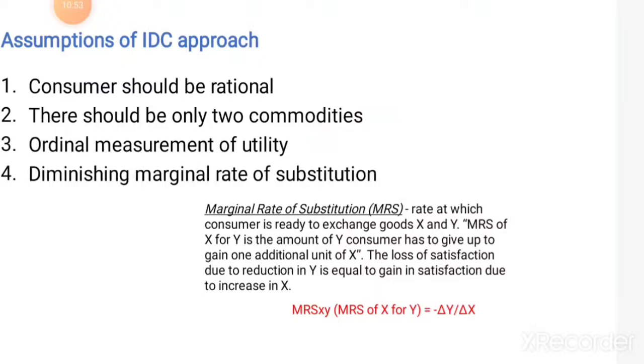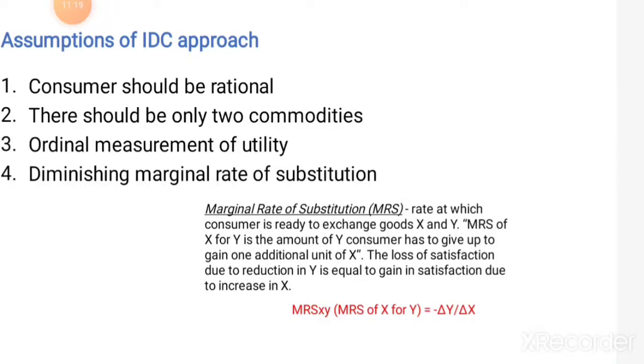We are just telling that the 2 friends are exchanging the commodities so that they should get the same satisfaction finally. Okay, so that is nothing but your ordinal measurement of utility. So the measurement of utility here is ordinal, that is by giving a rank or preference. Okay, so the last assumption is diminishing marginal rate of substitution. So this assumption is a